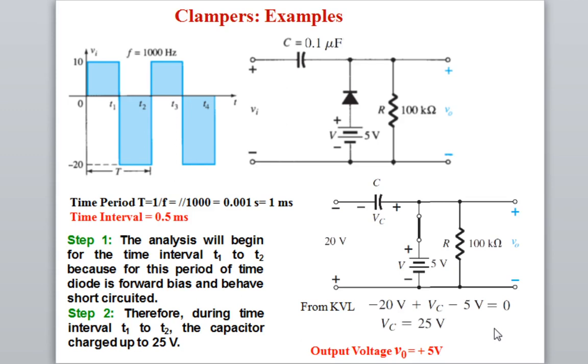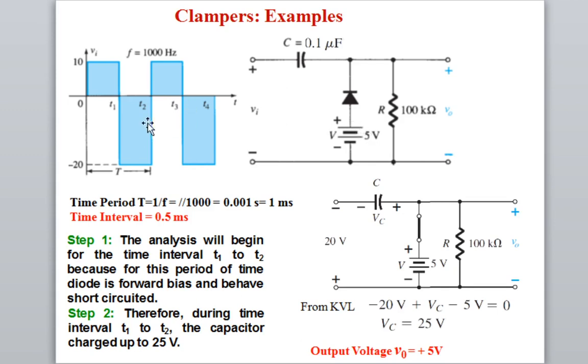So here in this example, as I discussed, that clamper circuit is a capacitor, diode and resistor. And in the beginning introduction, I have introduced that this diode may be biased with the DC power supply. It may be biased, it may not be biased. So here it is biased with the 5 volt power supply. In the previous example that I showed, it was not biased, but here it is biased.